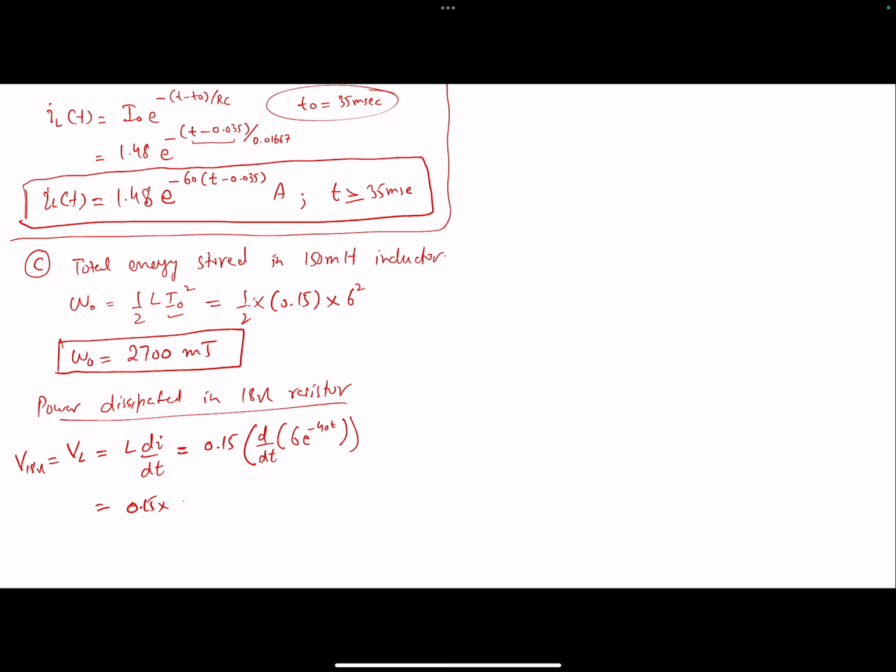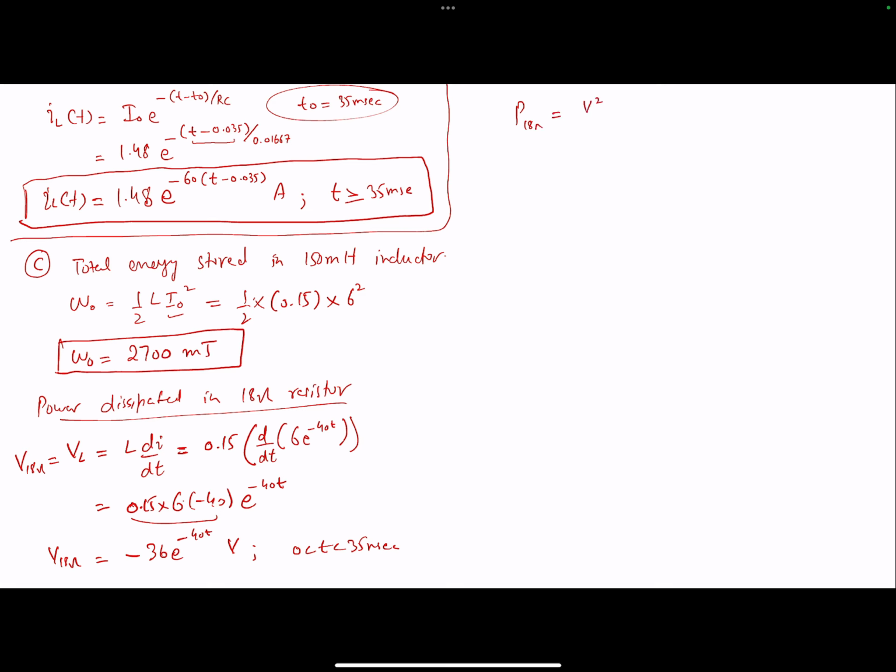0.15 times 6 times minus 40 e raised to power minus 40t. So if you were to solve all of that, V across 18 ohms should come out to be minus 36 e raised to power minus 40t volts. So this is the voltage across the 18 ohms resistor. Once you find that, you can easily find the power across the 18 ohms